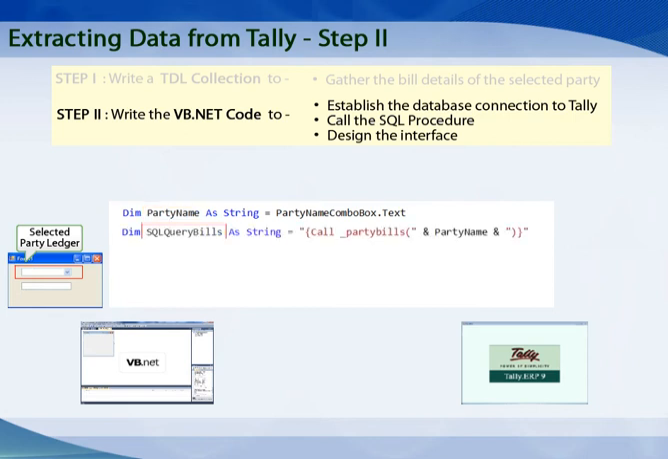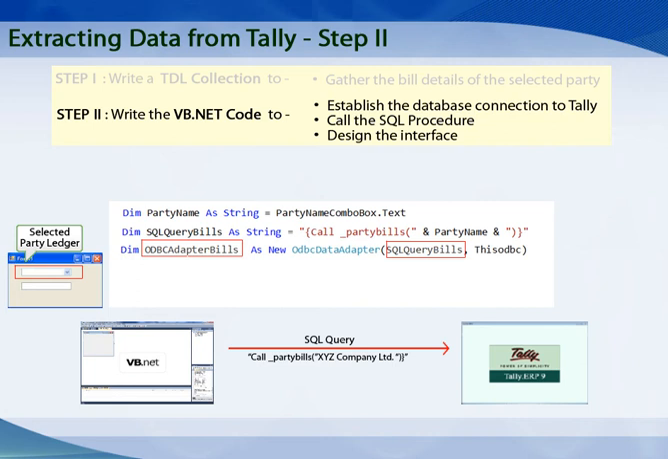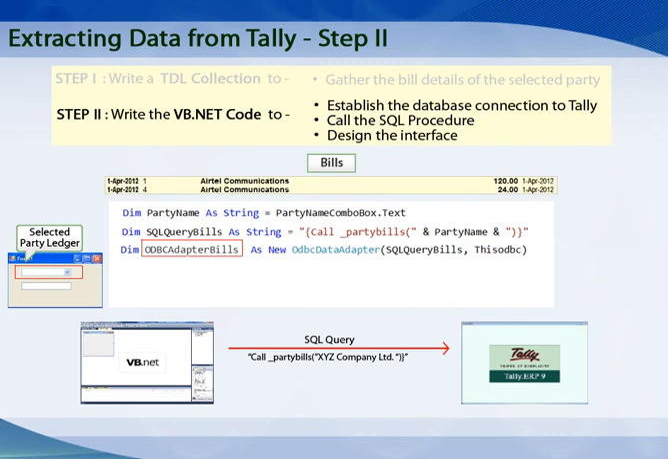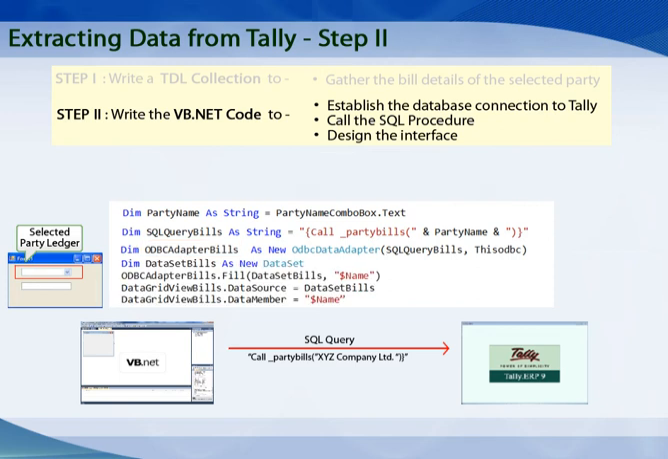A variable SQL query bills is declared to call the procedure. An object ODBC adapter bills is declared which sends the SQL query to Tally using the connection object this ODBC. After this, all the bills pertaining to the selected ledger will be set within the object ODBC adapter bills. A new data structure DataSetBills is created, and the method $name is filled from the object ODBC adapter bills. Then, the data source for the data grid view bills is set to render the bills